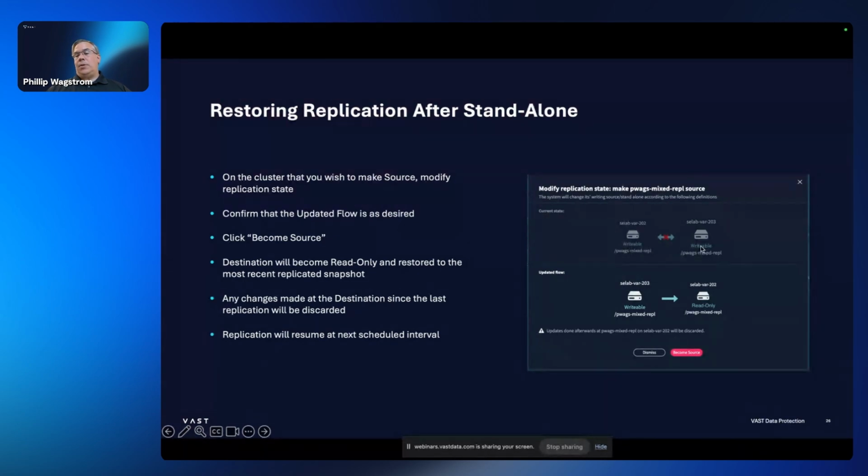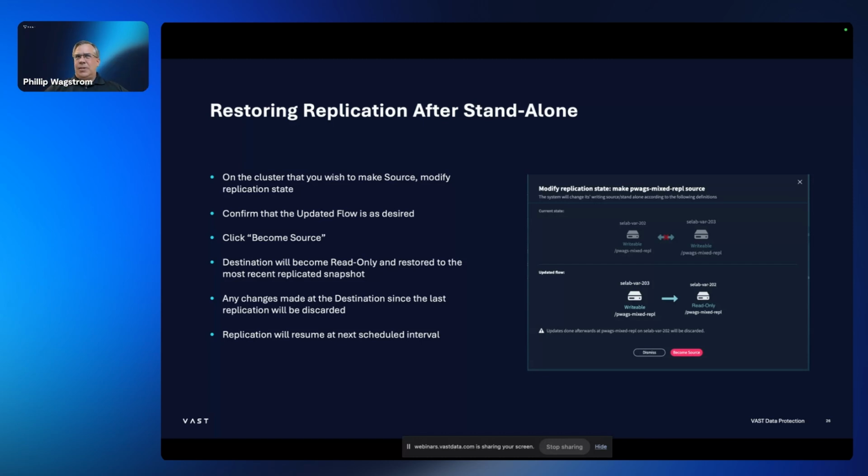Right now, we have two systems. They're unwritable. We're not syncing. We are going to make this 203 system the writable copy. It is going to start syncing and overwrite and put the 202 system into a read-only state. And then any updates that have been made on the destination system here, so in this case, any updates that have been made on that destination system will be discarded and thrown away for that. So it does give you the warning saying, hey, I am going to throw away any changes that have been made there for this. And once that is done, it will roll those changes back, and then replication will resume